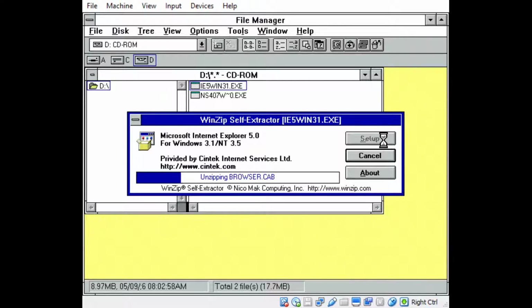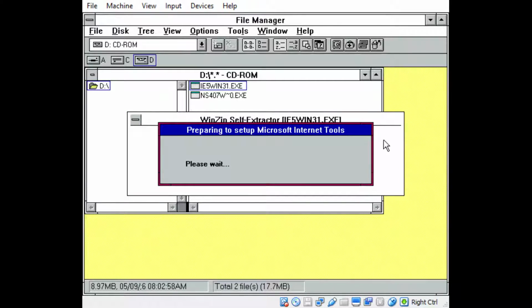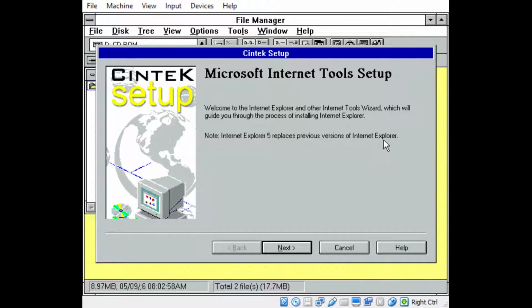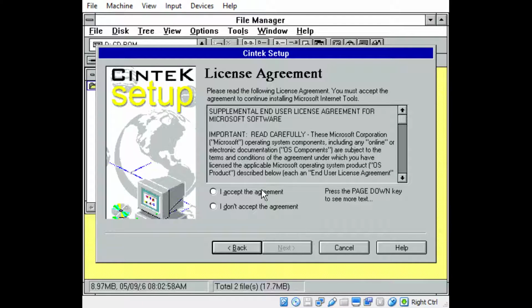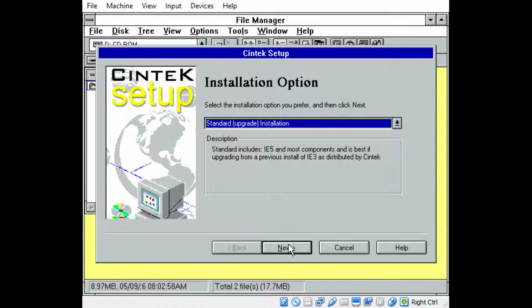This is where it's going to be fun. This is what a Windows 3.1 and an older browser will do on a modern internet. It's not good. The only version of IE I could find was supplied by this company back in the day. It was archived on the internet, so